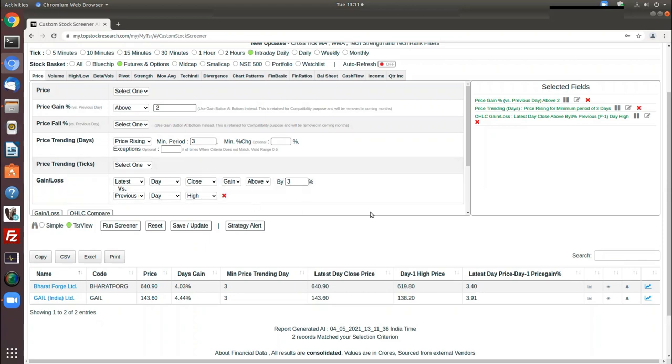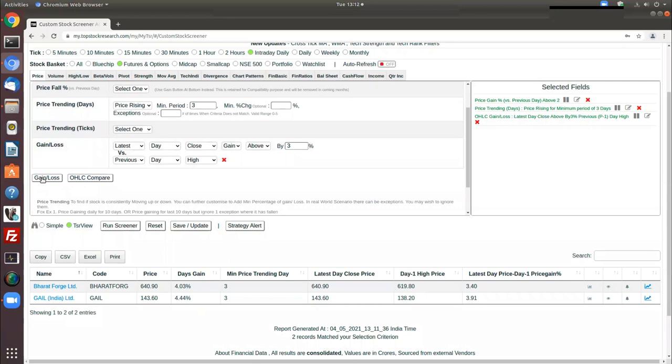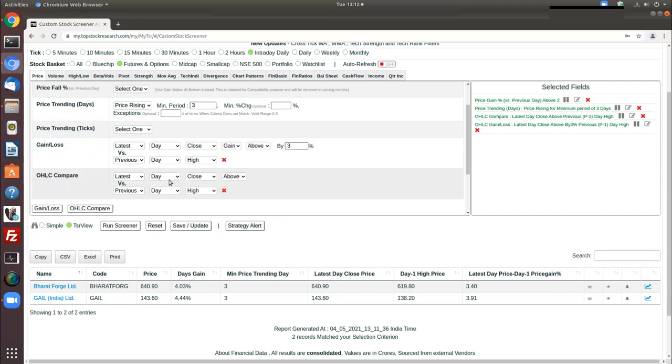We have certain users who have created 10 to 12 different filters just with this particular button, gain and loss, wherein they can go back to the last 4 days, 5 days, create excellent candlestick patterns, create narrow range, wide range, and so on and so forth. This one is also very similar to the other one, but it gives you just basic options. It doesn't give you the option of gain and loss with percentage, but it gives you a very simple view.